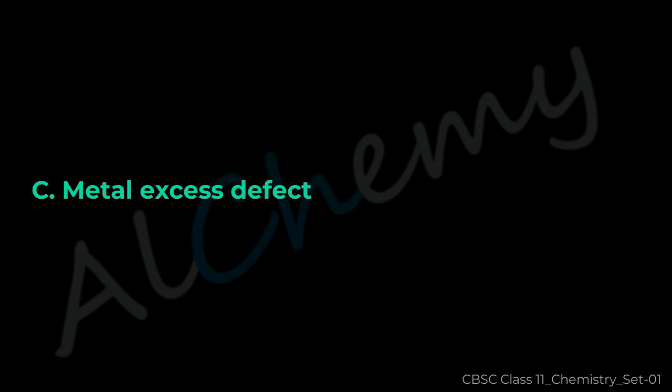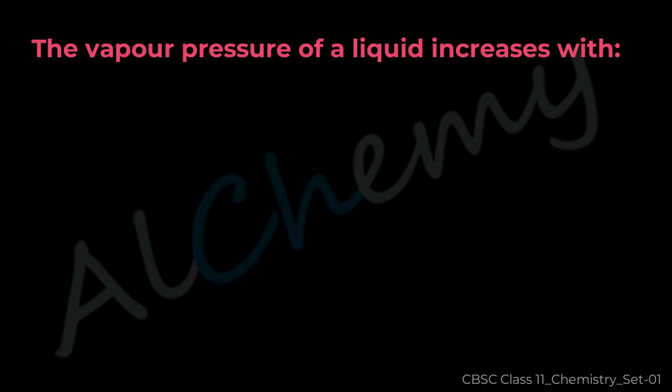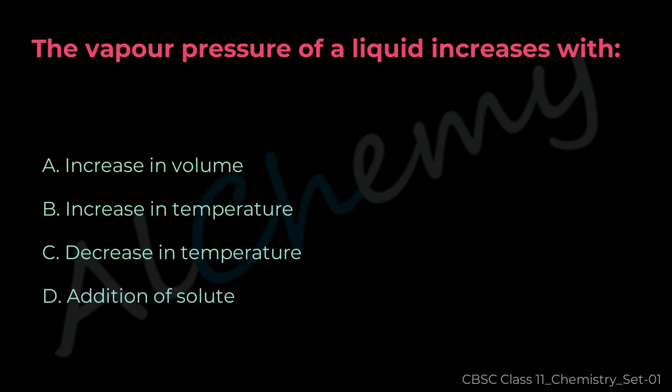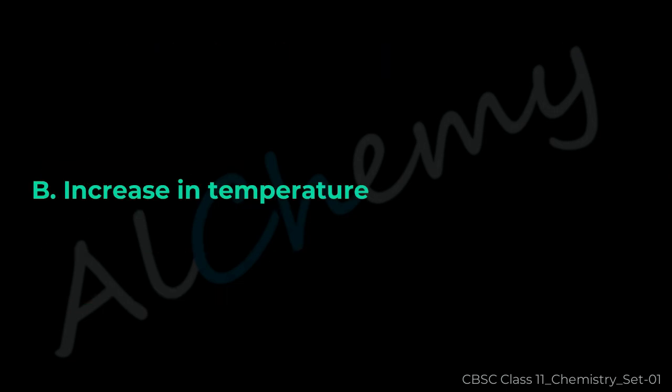Metal excess defect. Question 48. The vapor pressure of a liquid increases with A. Increase in volume, B. Increase in temperature, C. Decrease in temperature, D. Addition of solute. The correct answer is